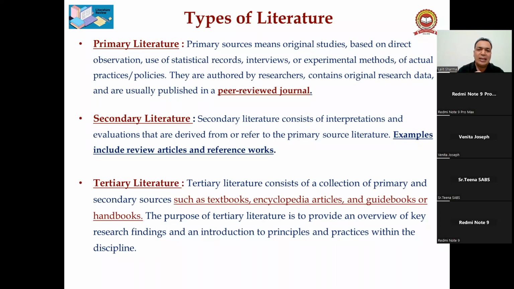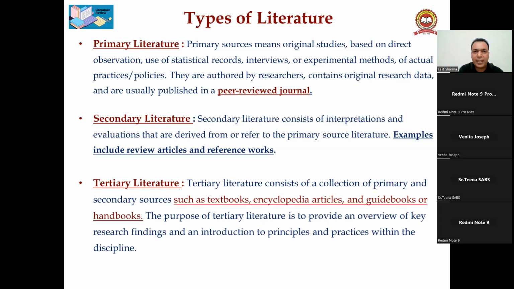Okay, the second type of literature, secondary literature, consists of interpretations and evaluations that are derived from or refer to the primary source literature. This is the secondary literature. Examples include review articles and reference works. Guys, have you thought that whatever you are getting from the internet, and you start exchanging the information, you should work on whether this information is authentic or not authentic? How will you come to know that it is authentic? So guys, you have to take care of all these things,